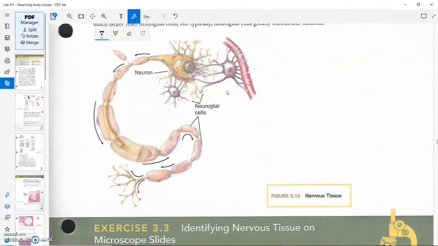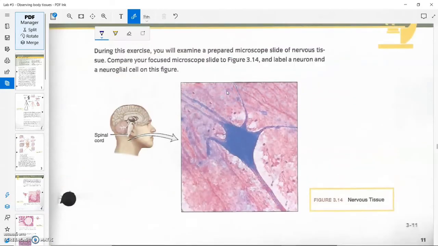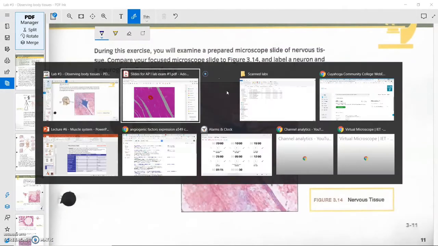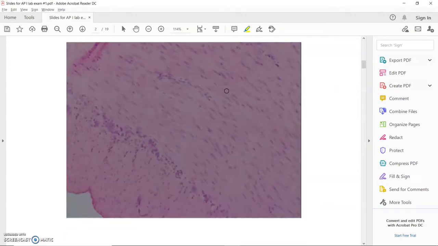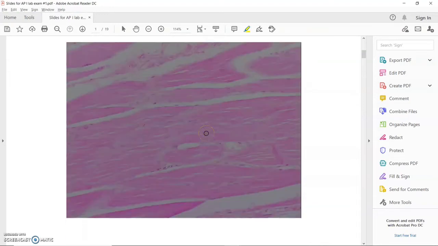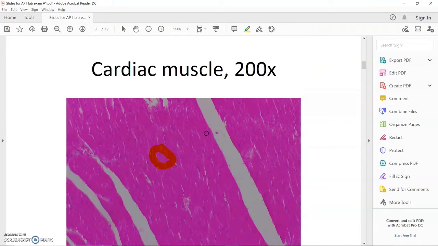Okay. Nervous cells. So here you can see a neuron, a main transmitter of the signals, and various neuroglial cells that support the neurons. So this is the typical nervous tissue. Oh, let me show you the smooth muscle. You can see spindle-shaped cells. And this is a skeletal muscle. Okay. Skeletal and cardiac are somewhat hard to distinguish, but in the cardiac, not at this magnification, you can sometimes see